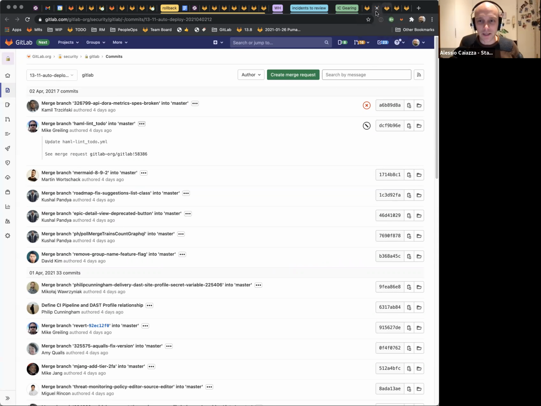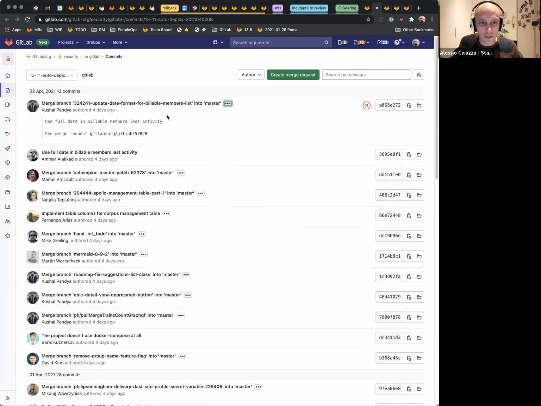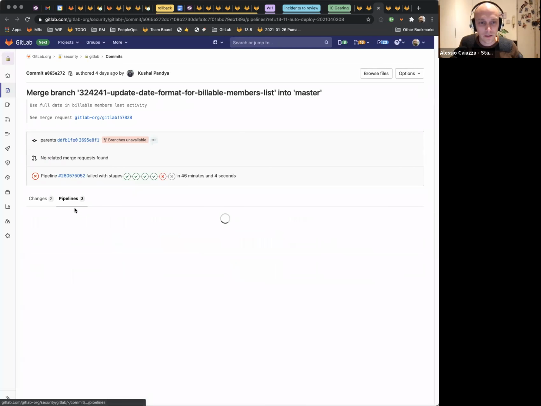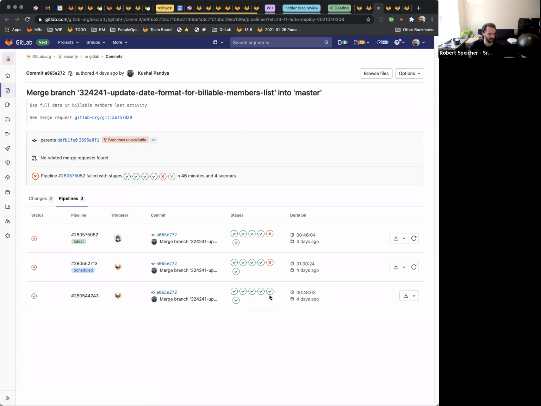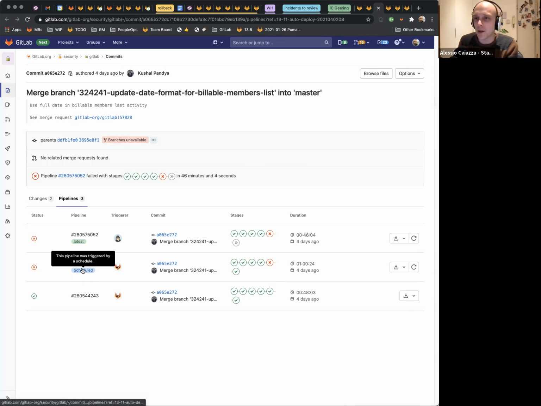Yeah, that's the thing that I don't understand, how did we pick this? This is not a cherry pick. So we created this branch from here, which means it should have been green. Oh, so 3 pipelines. The original one on master was green, and then we have a scheduled pipeline on master. Engineering productivity runs a scheduled full pipeline on the last master every, I don't know how many hours.